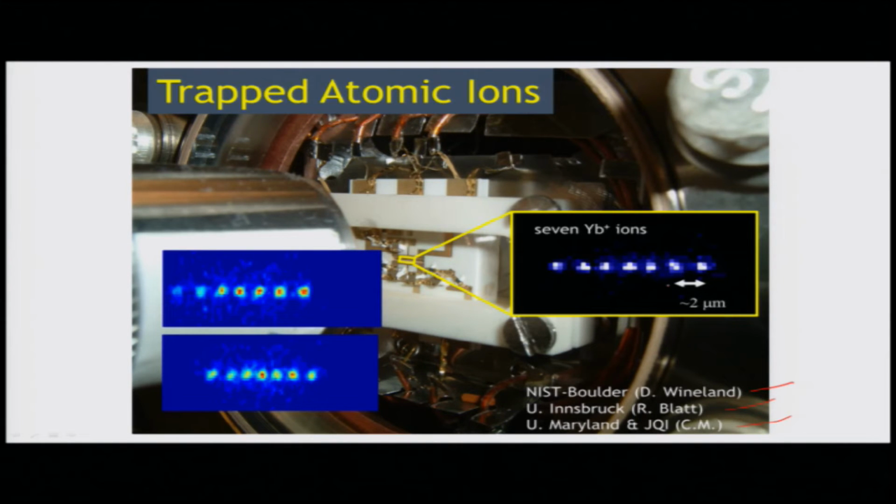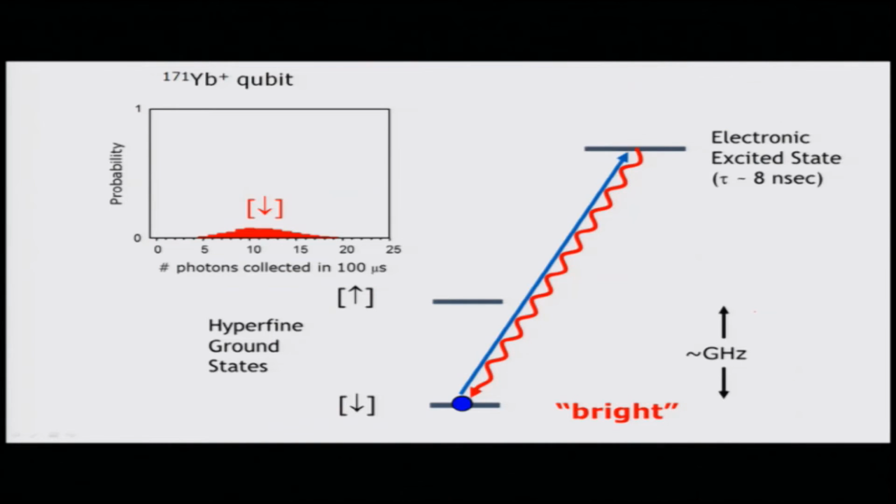So, these are the 7 qubits, and they are separated by about 2 micrometers from themselves. In this case, for example, for this ytterbium qubit, these photons can be collected in about 100 microseconds every time they are in one particular state or the other. Is the hyperfine ground state, for example, of this particular ion can have an excited electronic state which can then fluoresce back, and